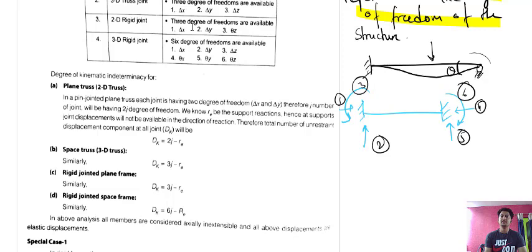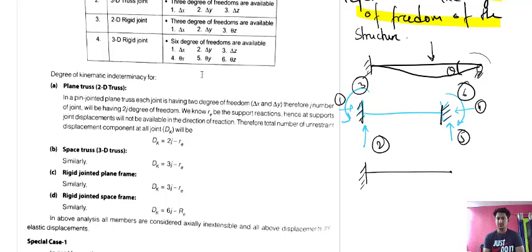Unrestrained and restrained means, suppose there are a total of 6 degrees of freedom here, but we need the value of the unrestrained degrees of freedom. Here they are restrained, they cannot move from their place. So this joint cannot move, and this joint cannot move. So these are restrained displacements. Now, to calculate the degree of kinematic indeterminacy, we need the unrestrained displacements.